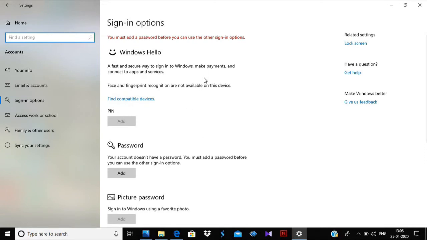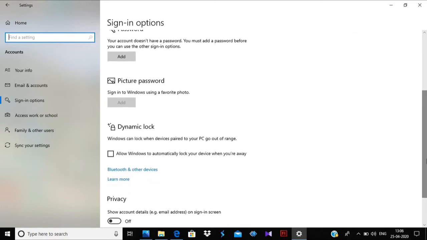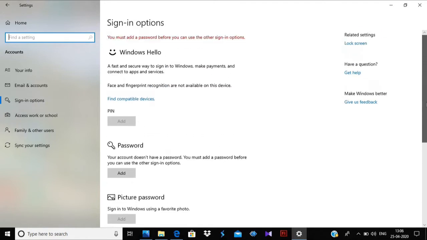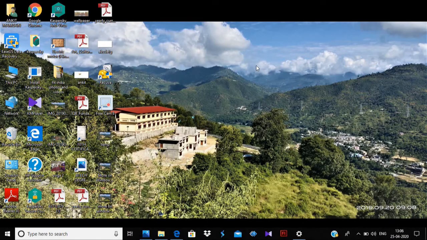Windows Hello is a security feature of Windows, by which you can add any pin, any password, any picture as a password, as face recognition, or biometric means thumbprint, or anything you can make as your password with the help of Windows Hello. With Windows Hello you can easily make any password or biometric as a password and protect your computer from others. Means no one can search anything in your computer without your permission or without your password, without opening it.